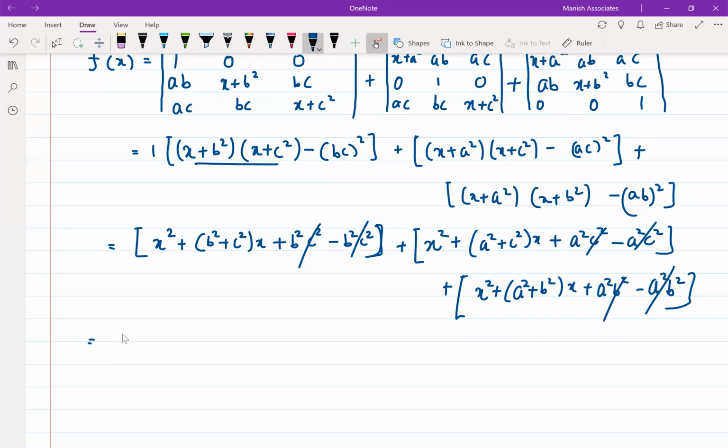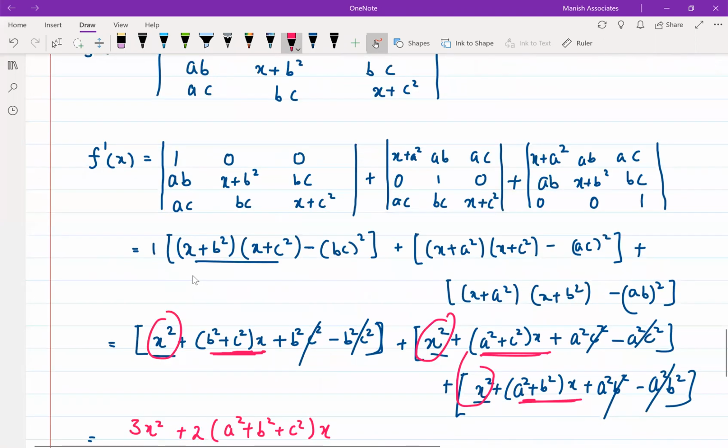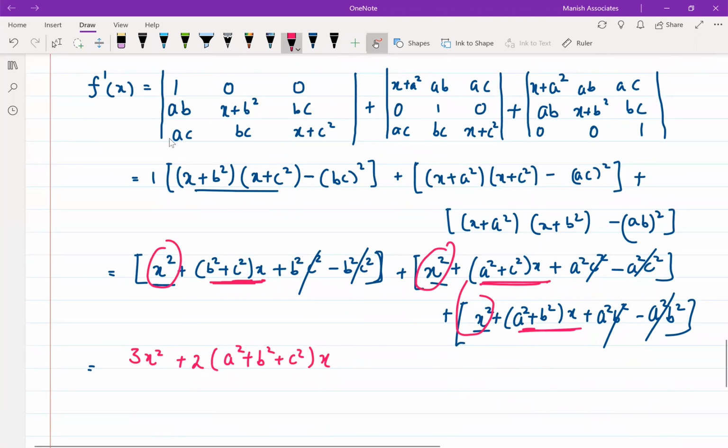So now you will be left out with x square plus x square plus x square. देखो तीन x square है. There is one x square here, one here, one here. So we'll get 3x square. Now this term, can you see? I have underlined this part and this part. Three terms. Remove x common, and you get 2 times. And I think so this is the required answer. Yes. Clear?